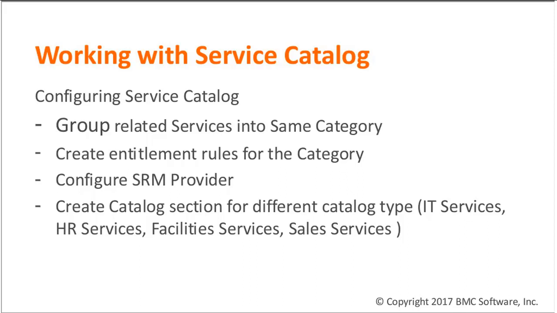What we mean by that is, let's say you have a group of users who have access to a set of services or SRDs. Make sure these are part of a category rather than creating multiple rules or multiple entitlements, like 10 entitlements for 10 services. Instead, create one entitlement for the category, which consists of say 10 services,